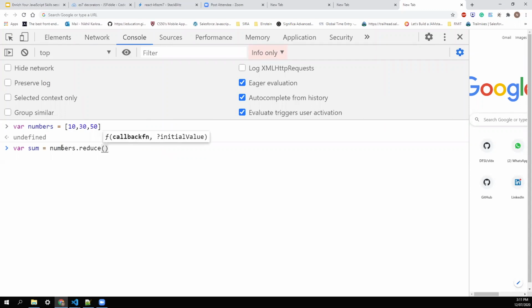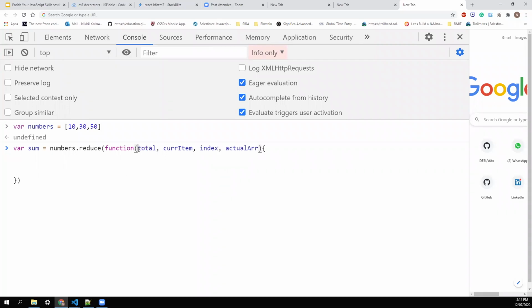We call the method. It takes the first parameter as a callback. We'll go with the same syntax first: current item, then index, then array. But this time there is a catch with respect to map, filter and other methods. Its first parameter, you can give any name, but I am giving total.